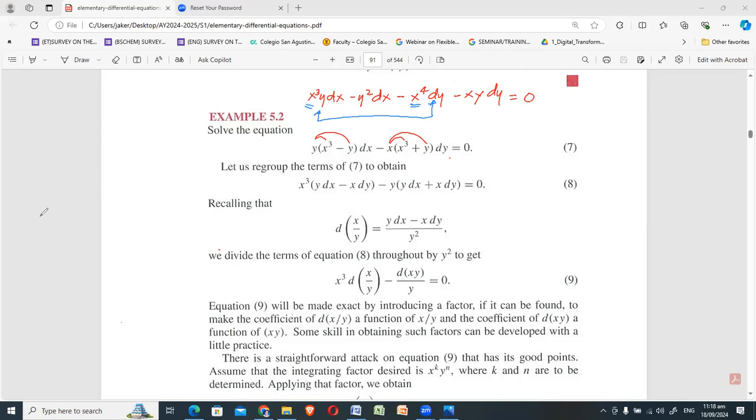And then, I'll check on the remaining terms that I have. What will happen to the remaining terms? I have noticed again that I have here negative y and I have here also negative y. If I factor out the negative y, I will have here y dx and I will have here x dy. Why always y dx, x dy, Miss Annie? Or y dx minus x dy or x dy minus y dx? Because it's any of those exact differentials that we have covered a few minutes ago.